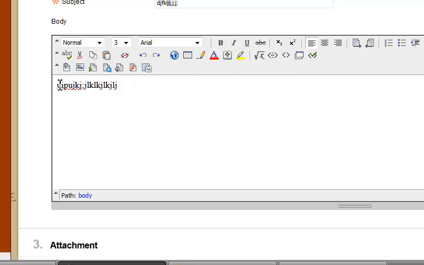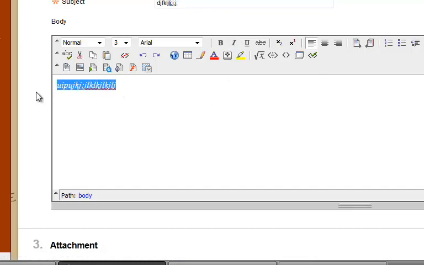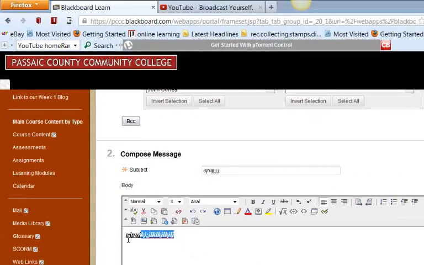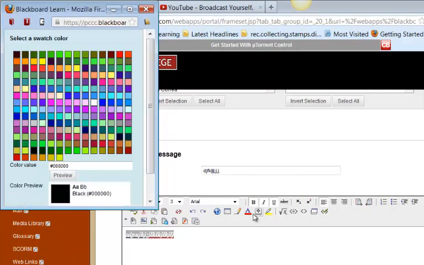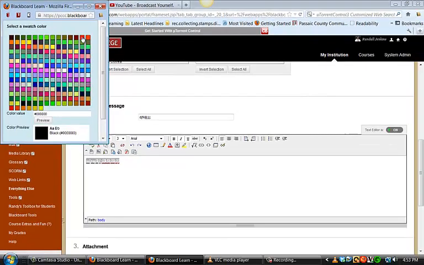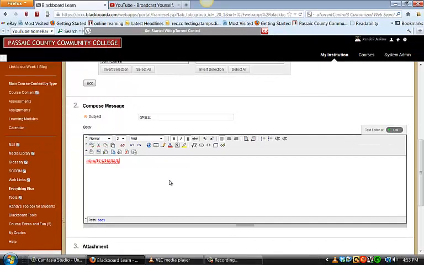You can almost do anything that you can do in Microsoft Word. You can put the text in italics. You can make the text bold. You can underline the text. You can change the colors of the text if you wish by clicking the font color, it's called. And I'll choose red, scroll down slightly, apply the red color, and lo and behold, your message is now in